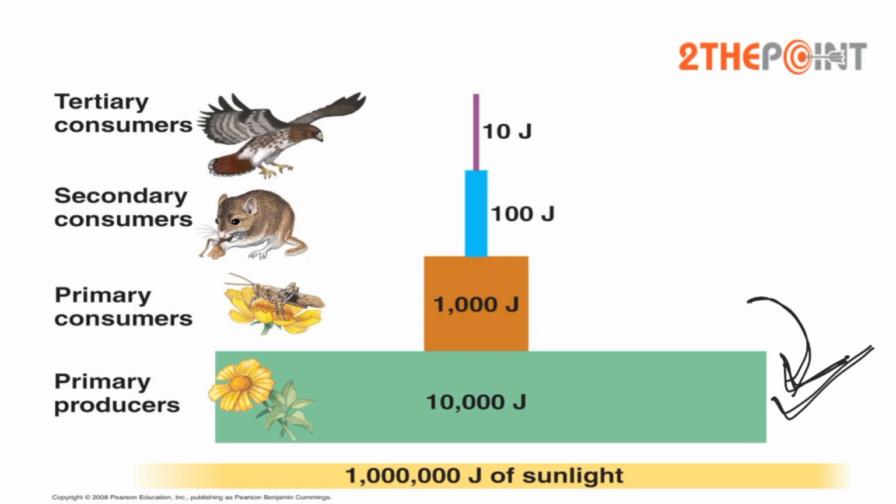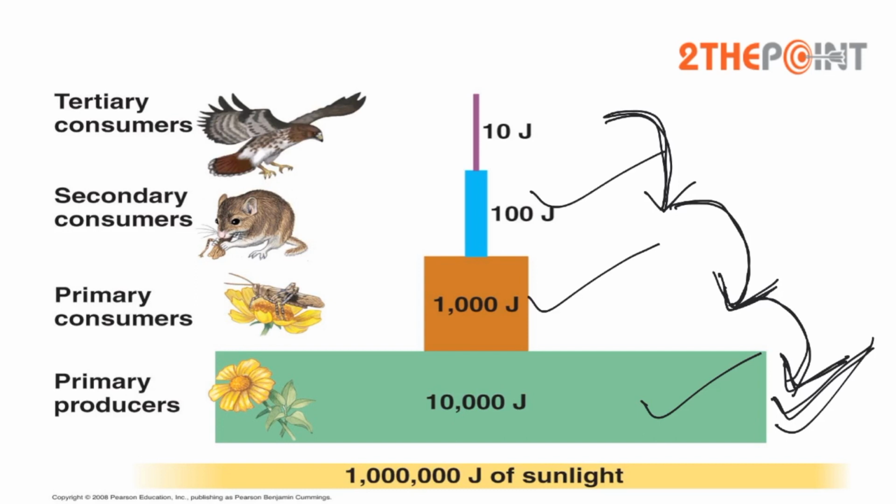Above them are the secondary consumers that feed upon the primary consumers, and above them are the tertiary consumers that feed upon the secondary consumers. So the tertiary consumers feed upon the secondary consumers, who feed upon primary consumers, and primary consumers feed upon the primary producers. All these are different trophic levels. This is one trophic level, this is another trophic level, and this is the tertiary consumers' trophic level. The primary producers are known as autotrophs